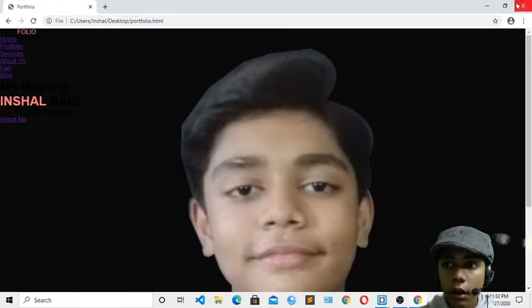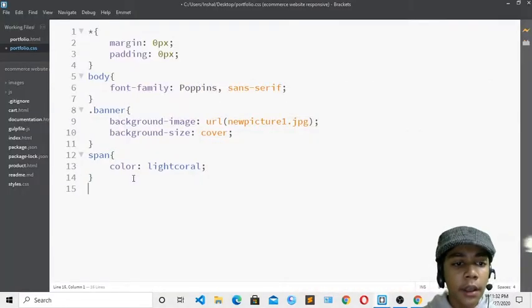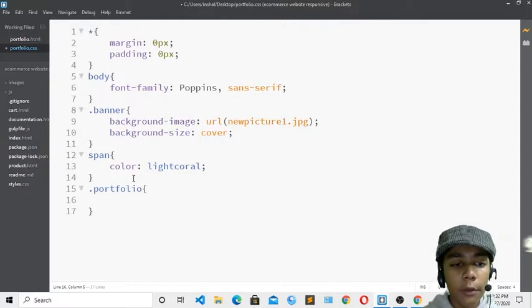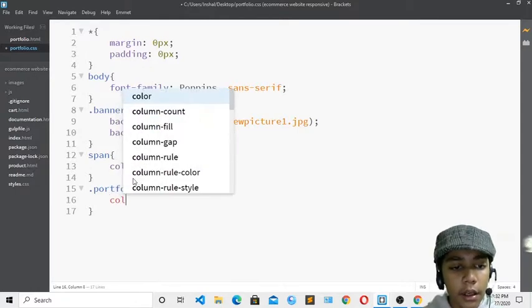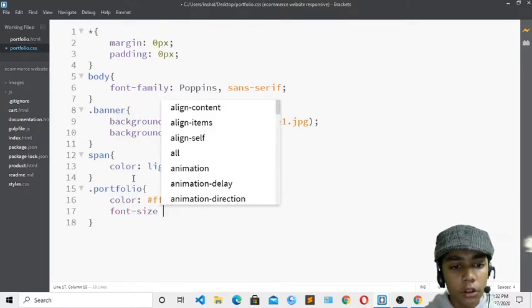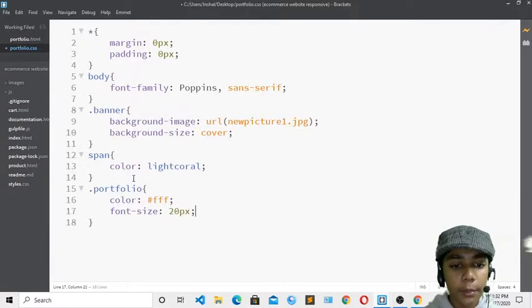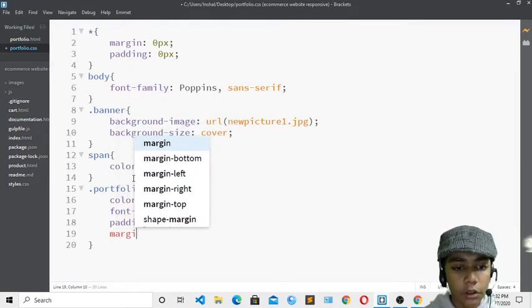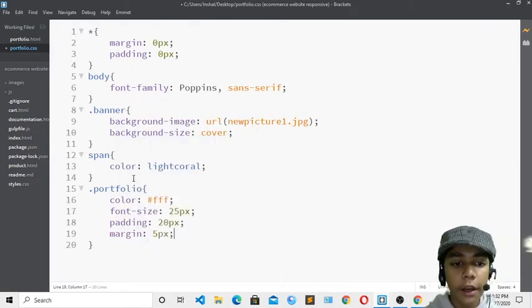So I have to do it like that. I will minimize, and here I will define dot portfolio, and define the color should be FFF, means white, and font size should be 25 pixel, and the padding should be 20 pixel from above and left, and the margin should be 5 pixel.